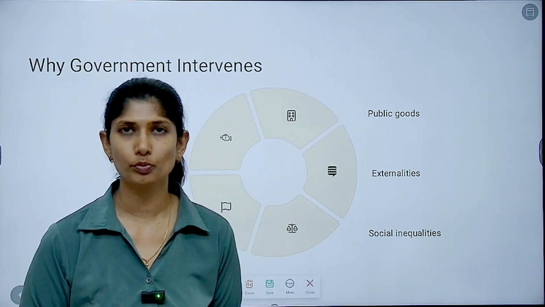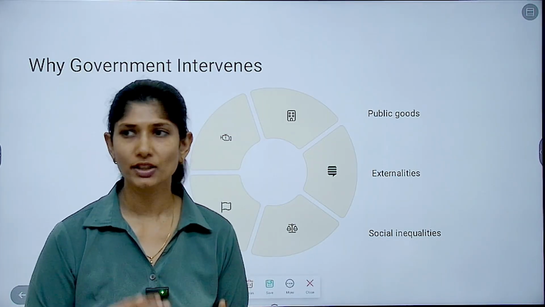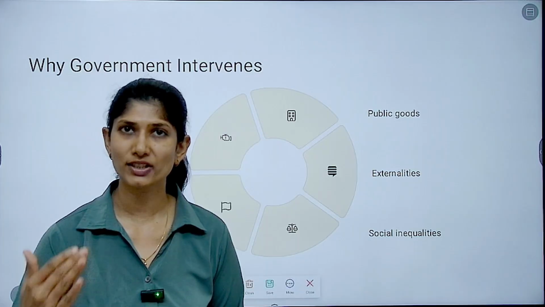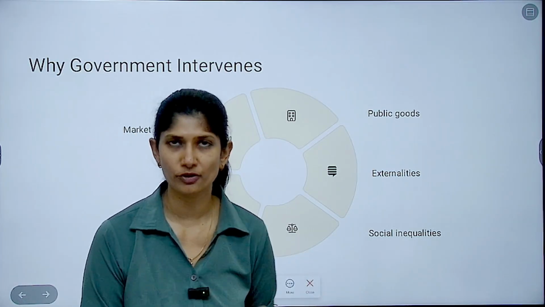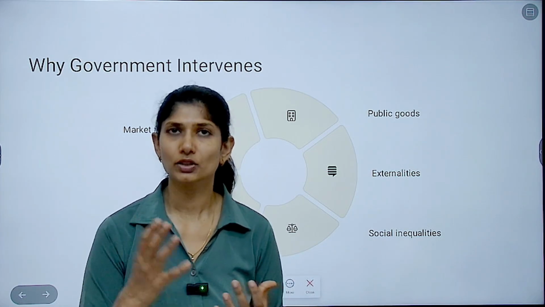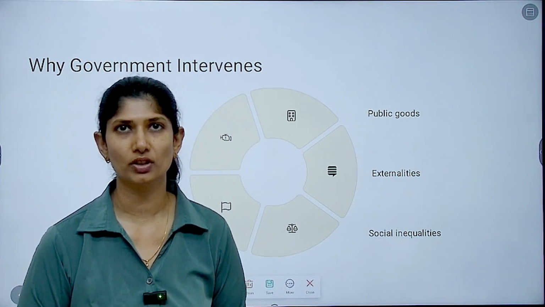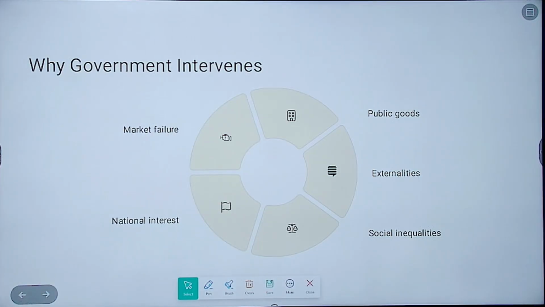What the market can't provide, what the private sector can't provide, you can't let the people be like that only. So the state should intervene and provide things. This is what we call social welfare, social justice. This is where your DPSPs will come into the picture. Have a look at this.